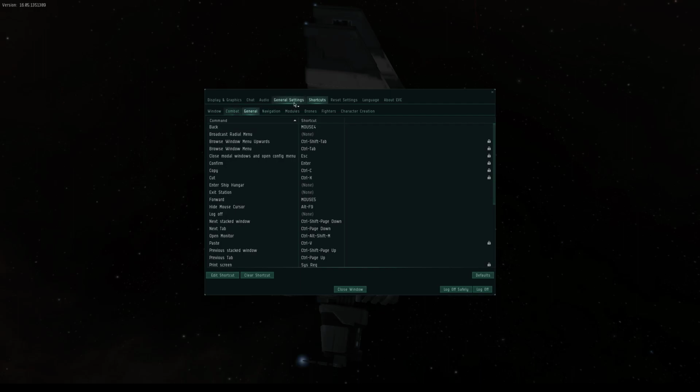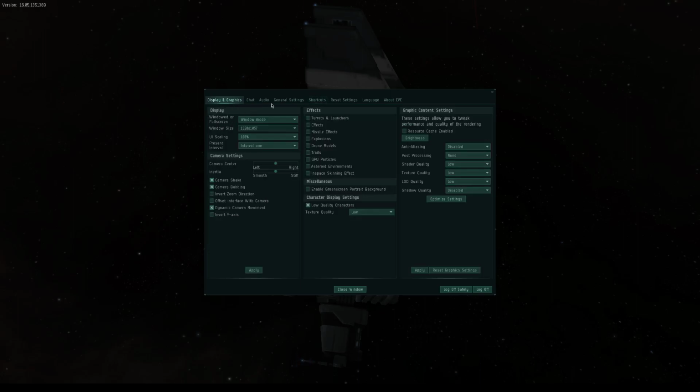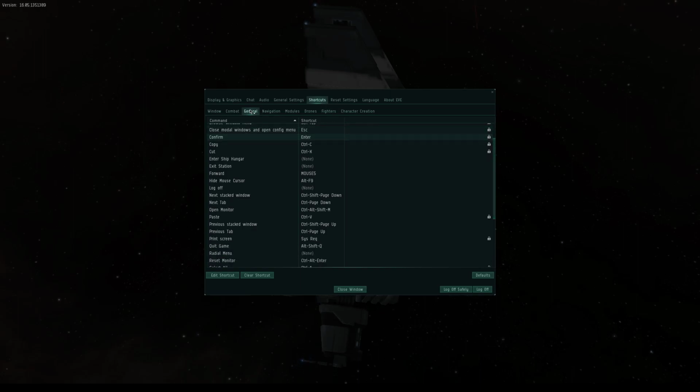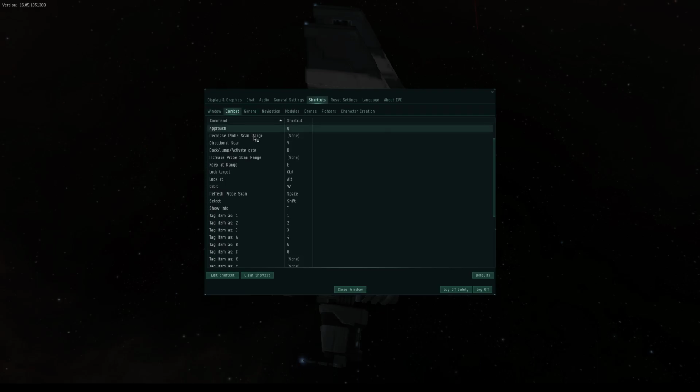That's going to be under your settings. Go to shortcuts. You just hit escape, that'll bring you up to probably this page. I'll show it first, and then if you click on shortcuts over here, you're going to want to look at combat settings, and look for refresh probe scan. I think the default is the letter B, and I chose to set this to spacebar. You have to unmap spacebar from something else,